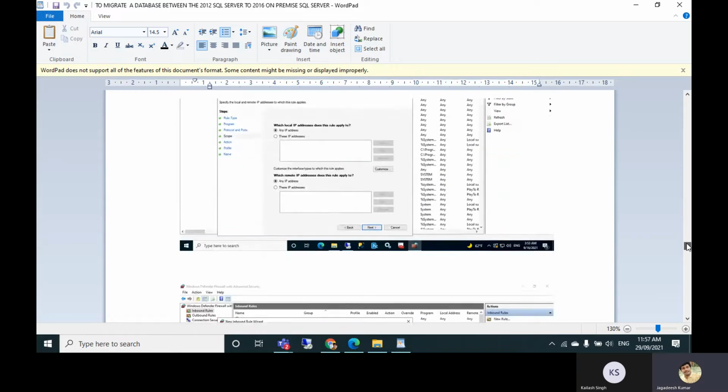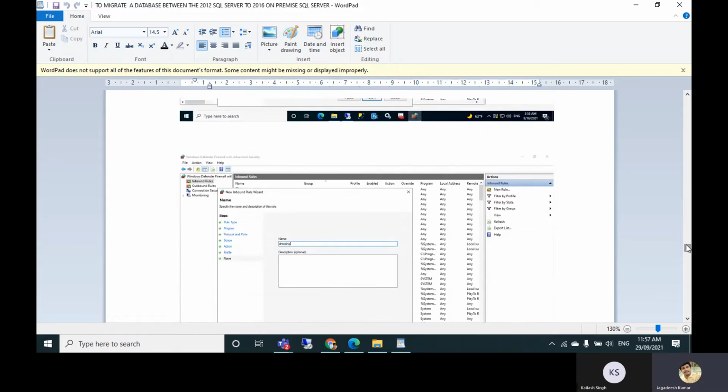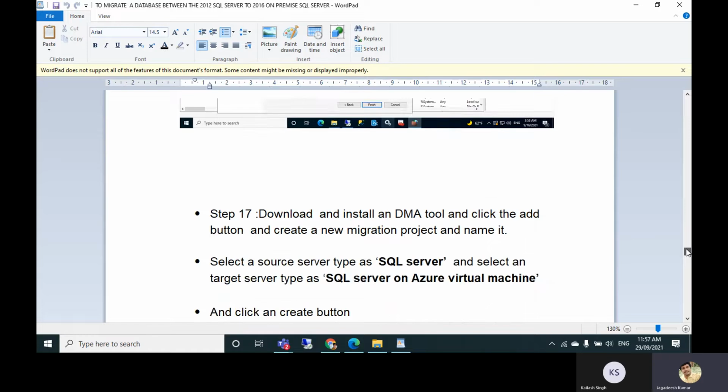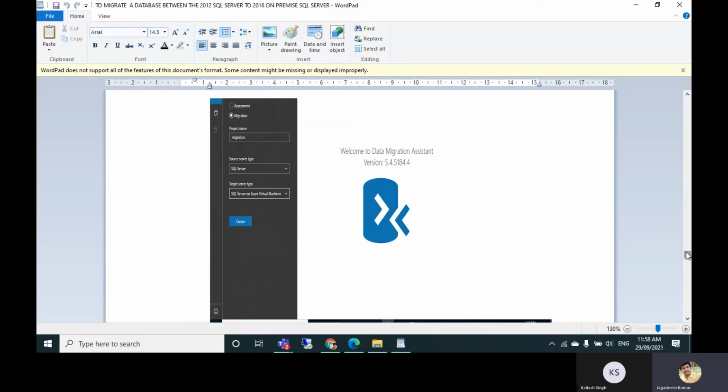I created a 1434 UDP and 1433 TCP allow connection here. Then I'm going to download my DMA here, the Data Migration Assistant. Here I am selecting migrating. Our concept is migrating SQL Server 2012 to SQL Server 2016. So I am selecting SQL, selecting this migration option, and for the project name